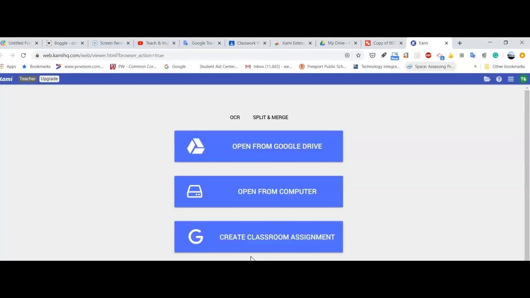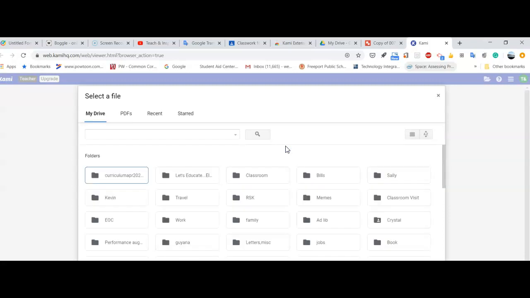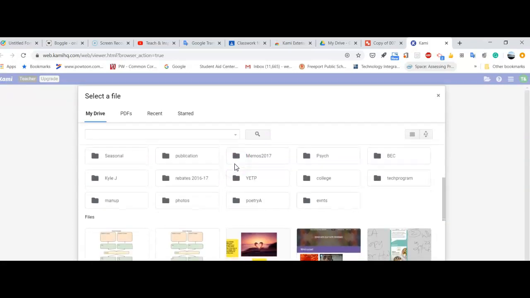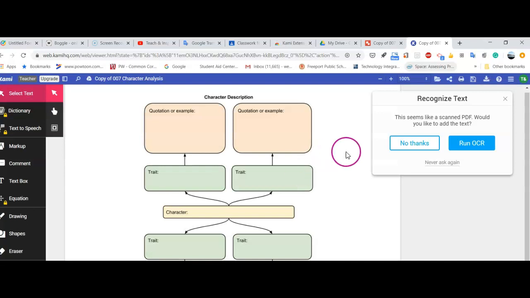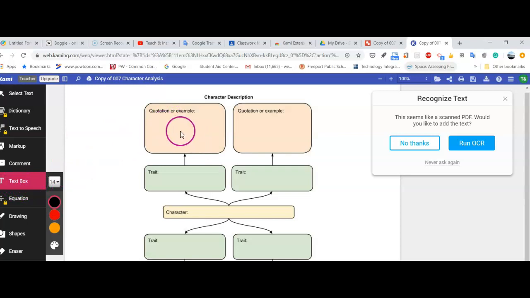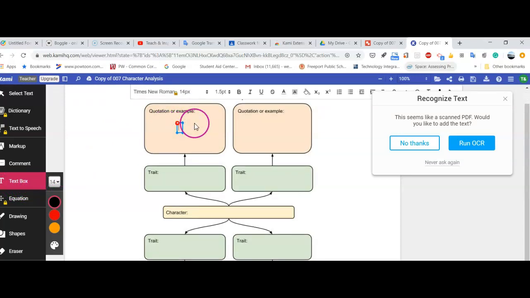Now you're finished. At this point, you can open any documents that you might want to work on. And as you continue, when you open a document, you will see the tools that will help you to work on the document. Over on the left of this window, you have lots of different tools for text box. If you want to add some type of information, here you create a text box, you write what you need to write,